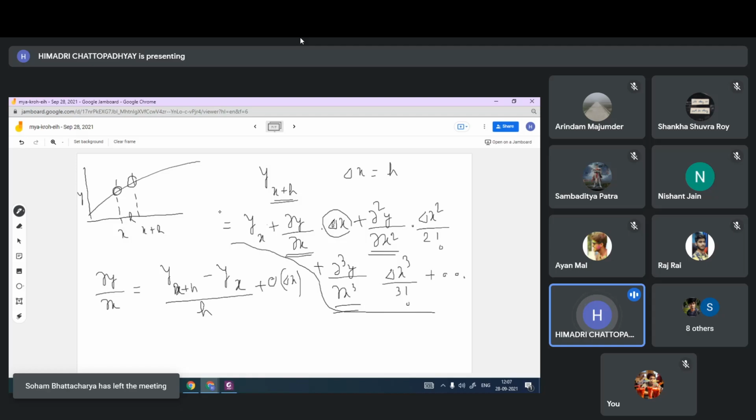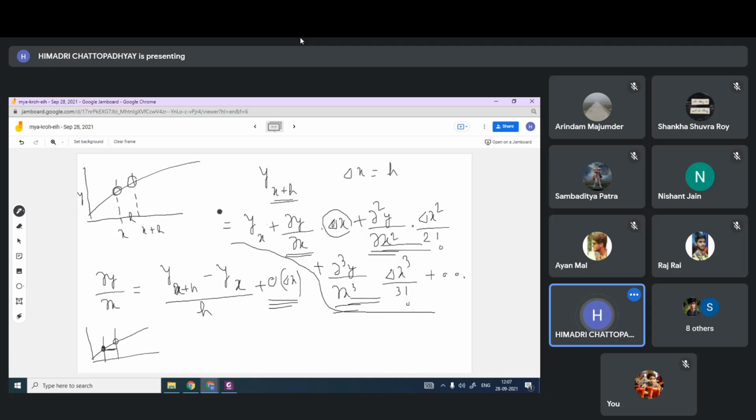So this is quite intuitive. How do you calculate the slope here? What is del y del x? This value minus this value by delta x. But that is true only for a linear problem. For a non-linear problem, you have these extra terms. So you see that this part is the error. When you approximate, if you have a curve like this, if you calculate the slope, this minus this by this minus this, that is del y del x.